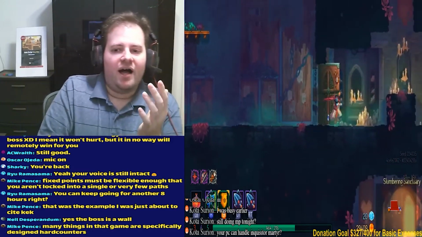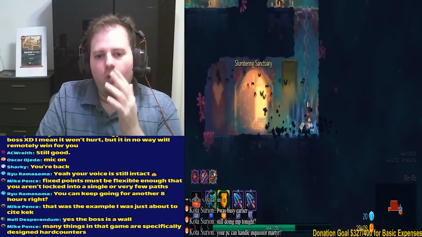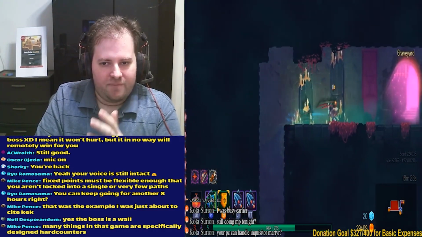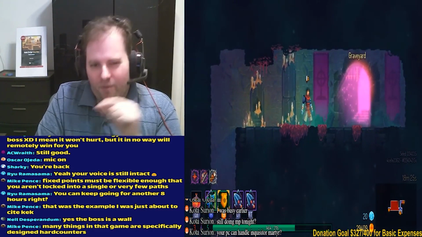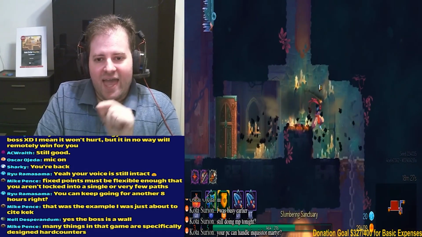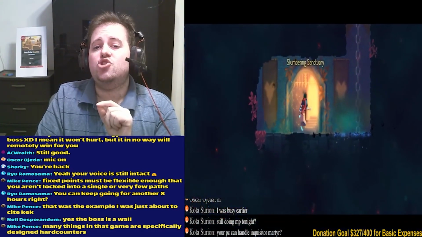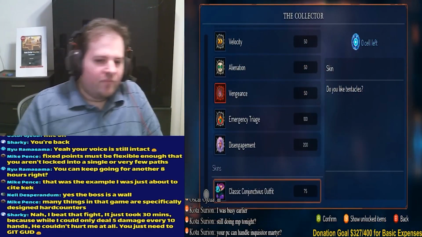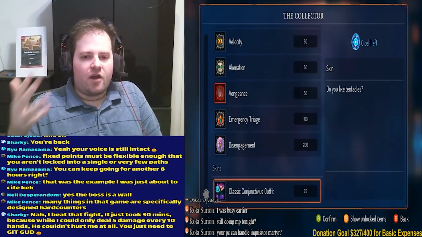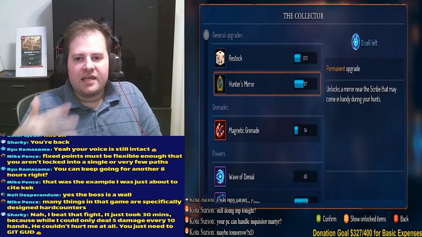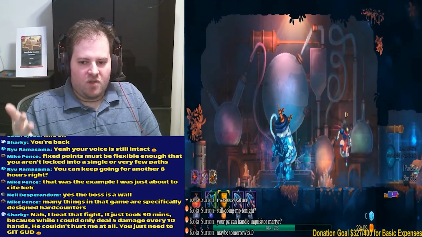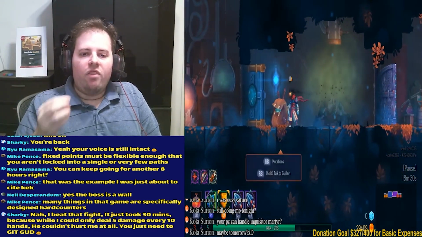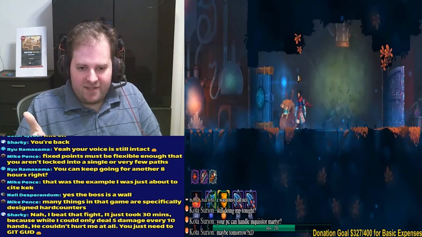And again, Binding of Isaac gets by the fact that there's so many items and variants that it makes these encounters feel different. I've had Mega Satan runs that were by the skin of my teeth, and I've had Mega Satan runs that were so easy it wasn't even funny at that point. The major point is that you want to be very careful how many fixed elements are in your game. And if you do have them, are there multiple ways to get past them?